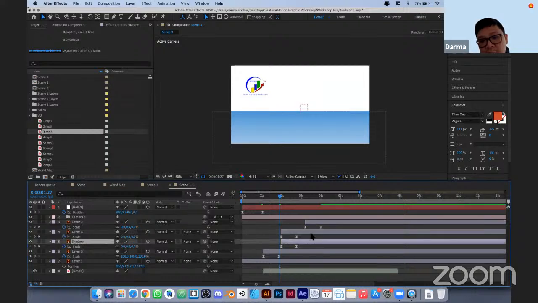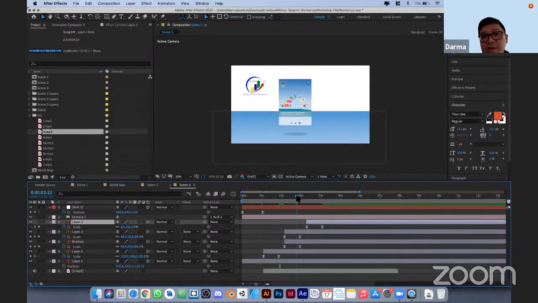Or if you want to make it a bit longer, I think it's fine. And as you can see, this book goes from the middle of from here. If you want it to appear from this one,